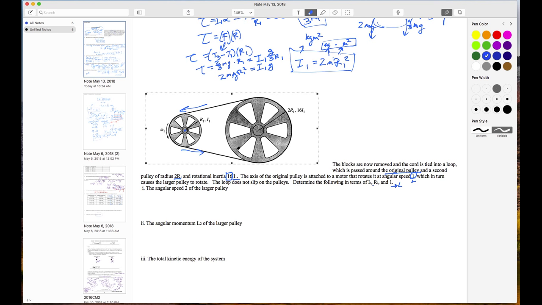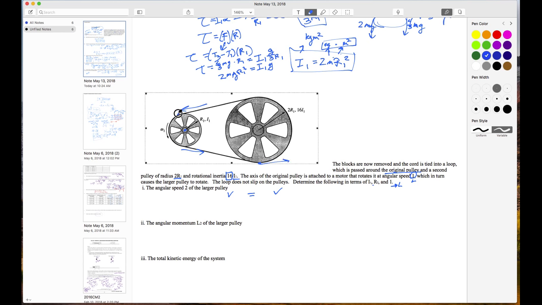So whatever the speed of the cord is has to be the same either way. So if the speed of the cord is the same either way, then what we're going to have to say is that, well, if the V of the cord in one area is equal to the V of the cord in the other area, let's say right here,